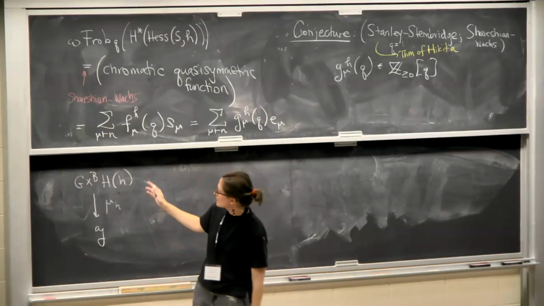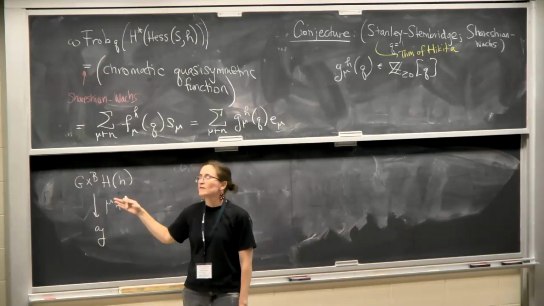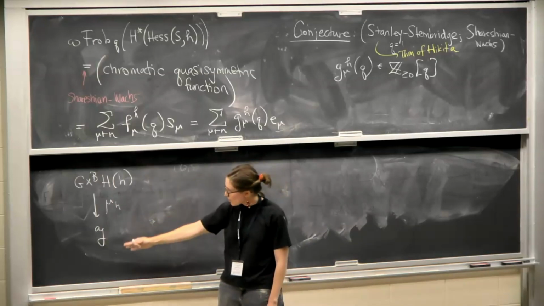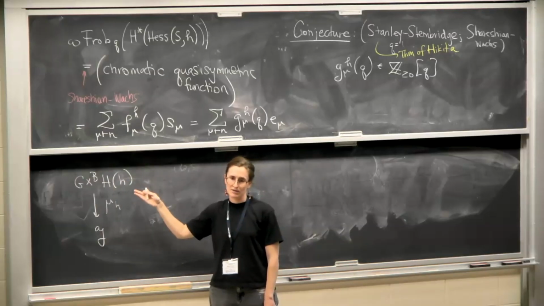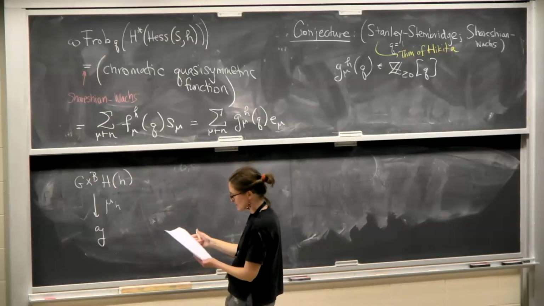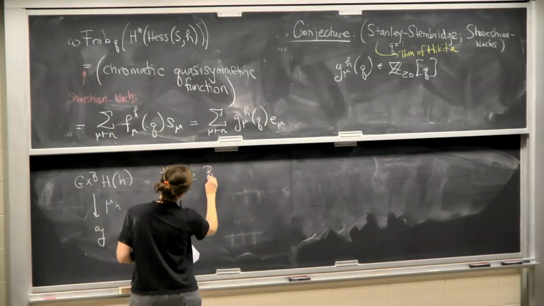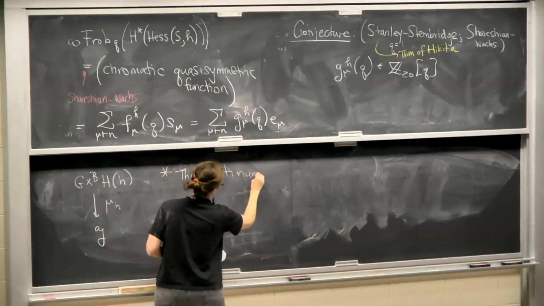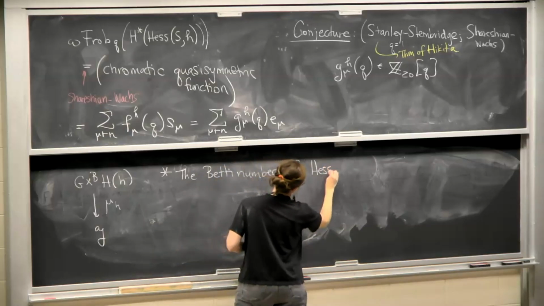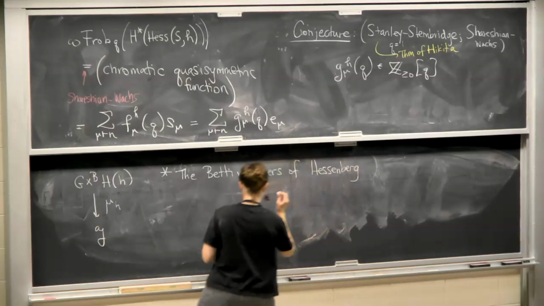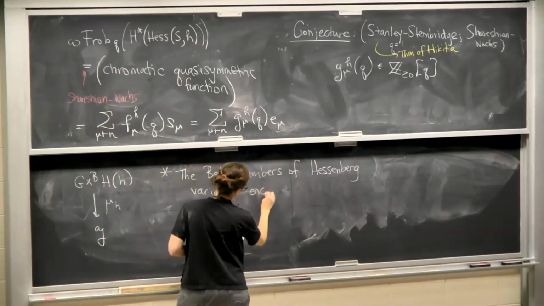And the fact that the dot action is given by monodromy precisely means, in fact, that all the fibers of this map see information about the representation. So let me say, this is the driving statement: the Betti numbers of Hessenberg varieties in fact encode